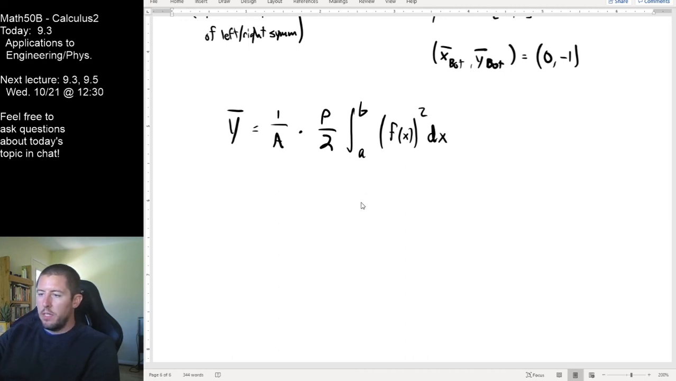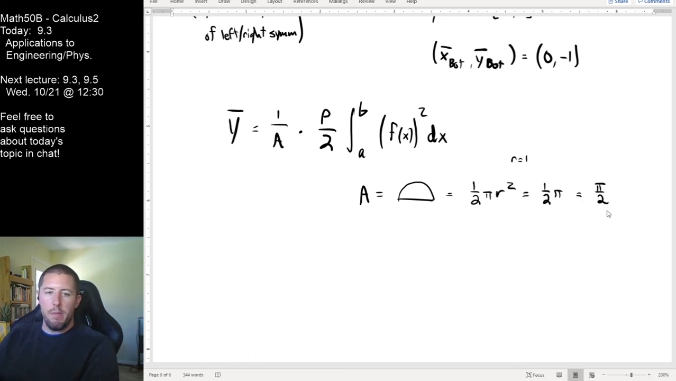First here, let's notice that this area is just 1/2 pi r squared, where r is 1. So this is just 1/2 pi, or pi halves. I already know what the area of my shape is. Typically, you will probably need to do integration to get that area. I had a known geometric shape, so I didn't have to do integration right there. But often, if you're looking for that area, it's going to be that integral from a to b of f of x. So in my case here, I have 1 over pi halves times